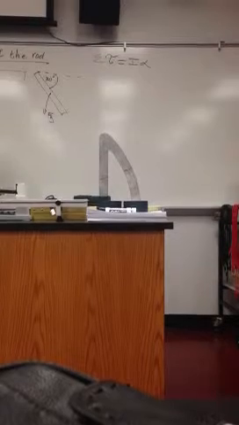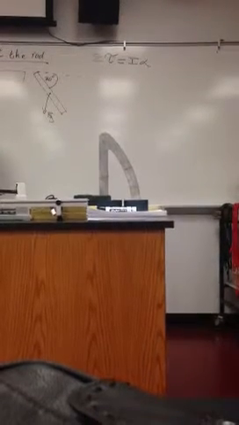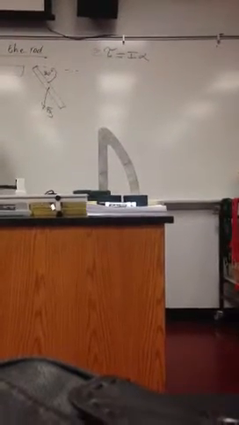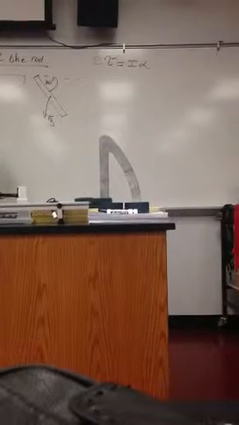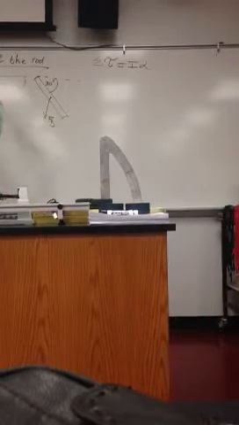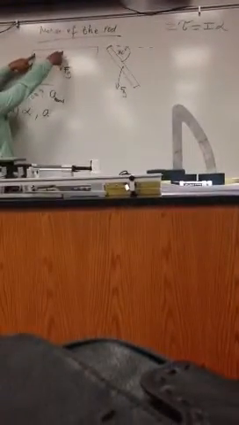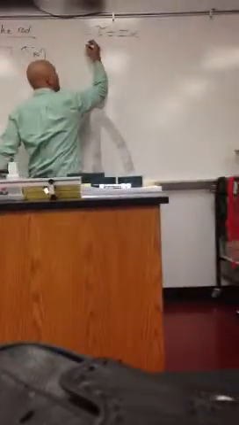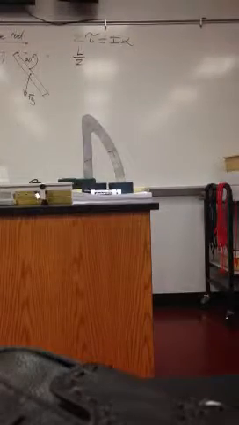And this is important. It's not radius. Now it's a rod. How can it be a radius? I don't see a radius in the rod. That r has a meaning: distance from the axis of rotation to the point of application of the force. If you know that, you will say, oh, wait a minute: distance from the axis of rotation to the point of application of the force, L over 2. Tell you what, the force acting